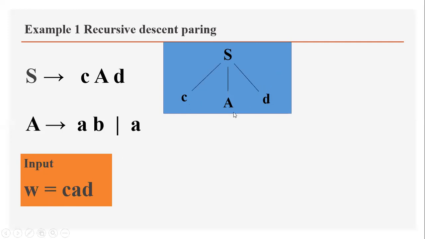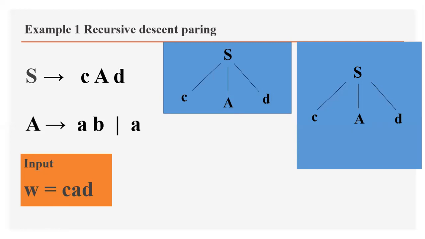Next token is a non-terminal. You can't match it with the input symbol. Then what to do? A means what? That you have to write. Okay, I'll rewrite. CAD is what S means. Then A means what? A means AB. Is it clear? A means AB. I will substitute for the non-terminal.